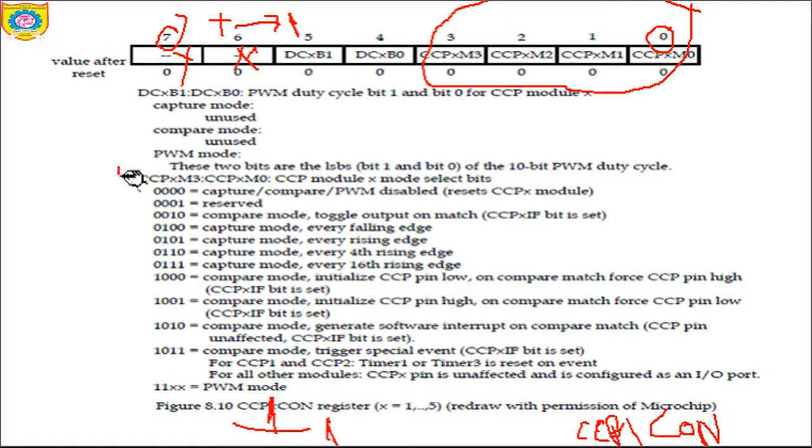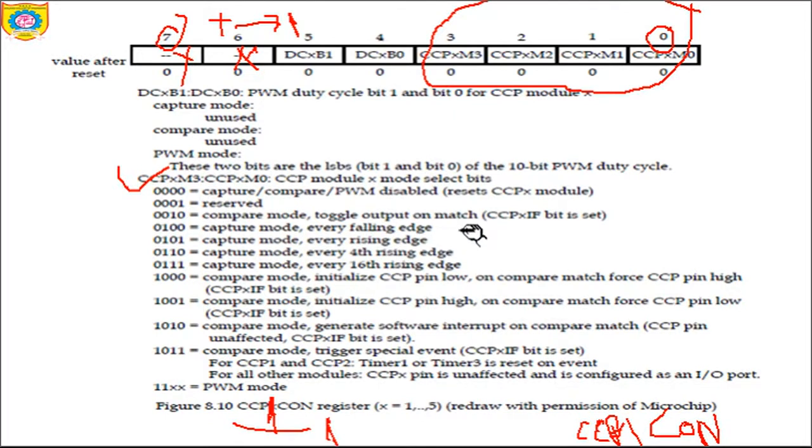Depending on the binary values placed in these 4 bits, you get different modes. If you place all zeros, CCP1 is off, no mode selection. If it is 0001, it is reserved. If it is 0010, it is a compare mode, and it will toggle the output on match.